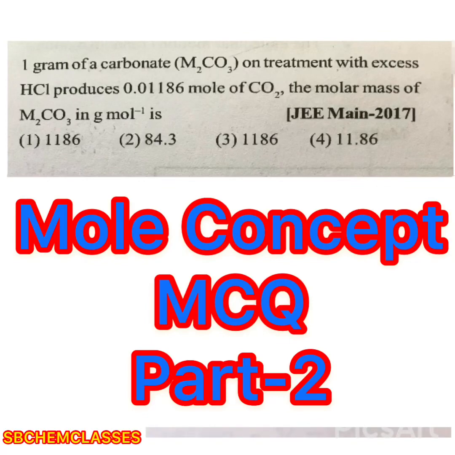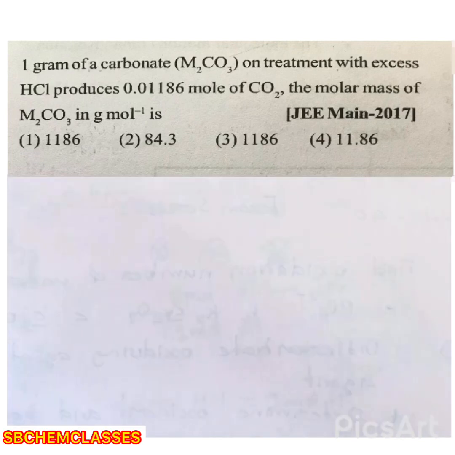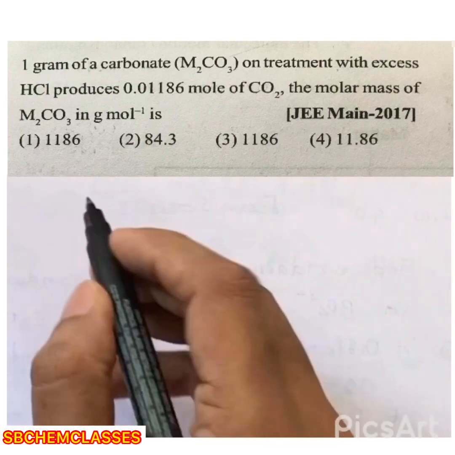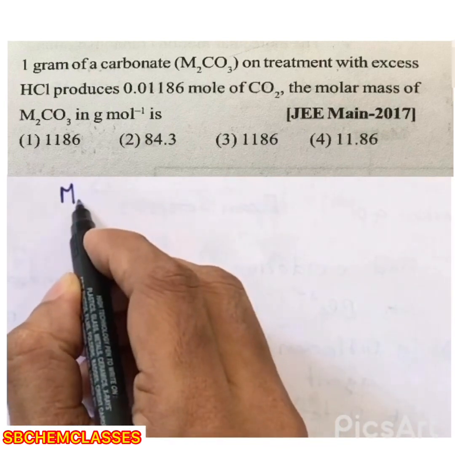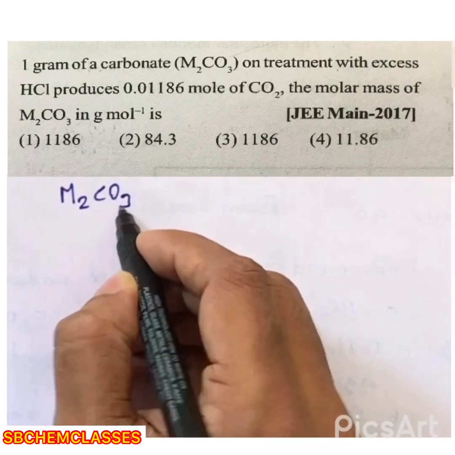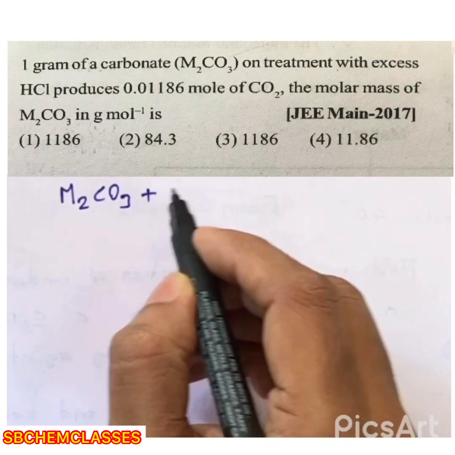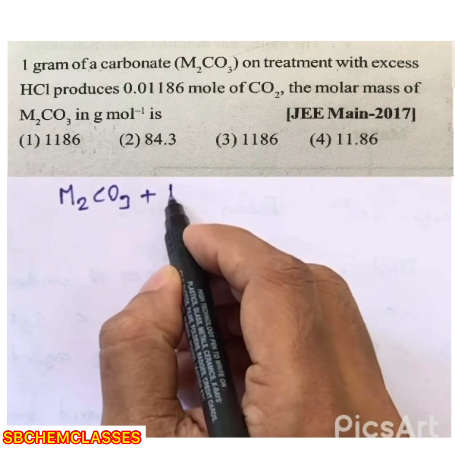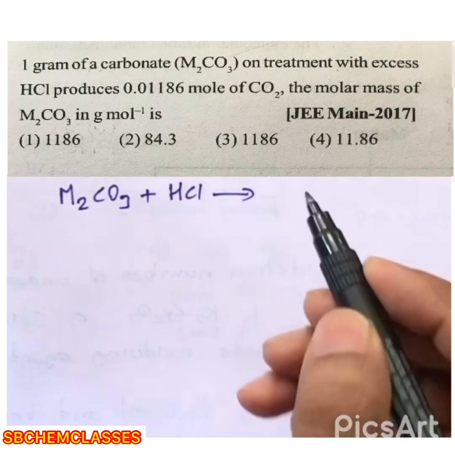1 gram of a carbonate M2CO3 on treatment with excess HCl produces 0.01186 mole CO2. Find the molar mass of M2CO3. So, M2CO3 plus HCl, we will get